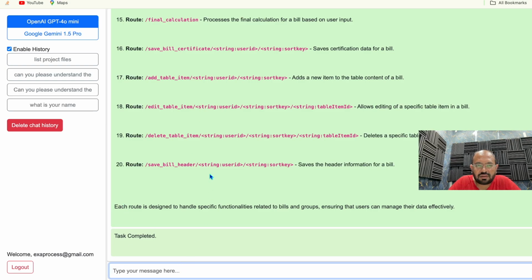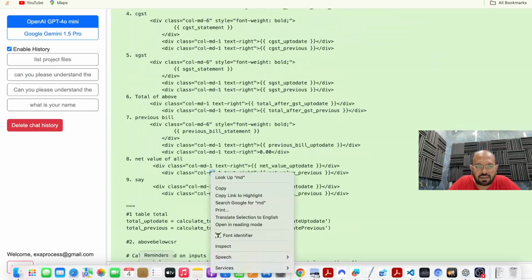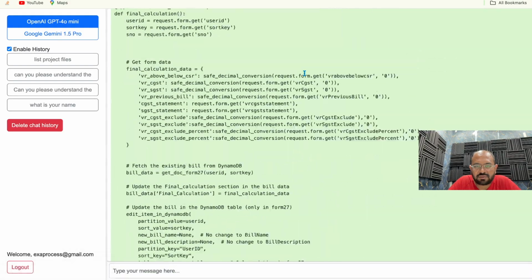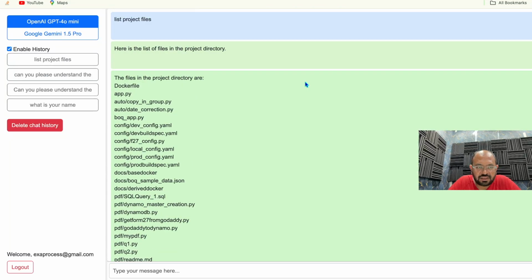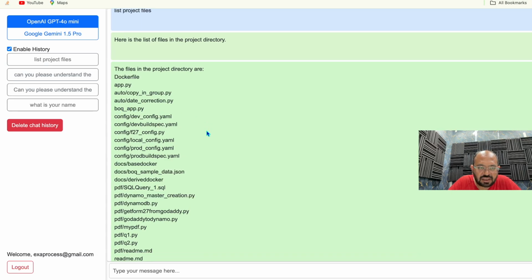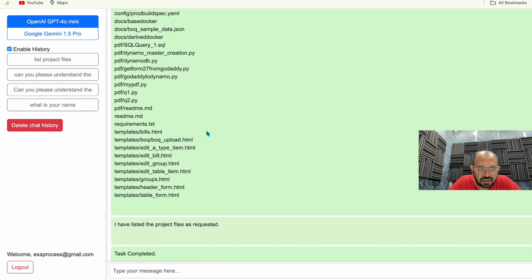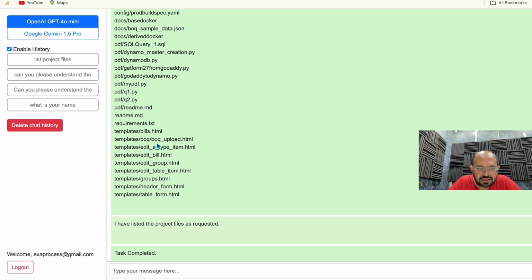Another thing we can do: let's try to make some change in a file. Which file can we change? boq_app.py. There is one boq_app.py and its related HTML is this templates boq upload HTML.